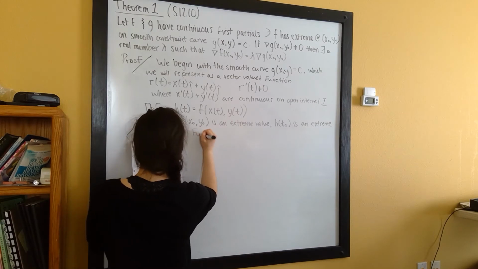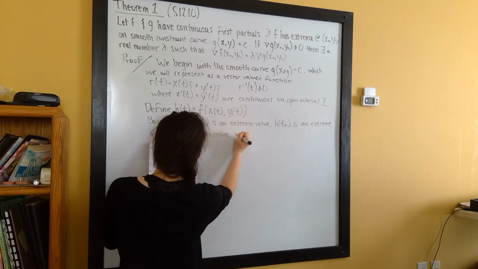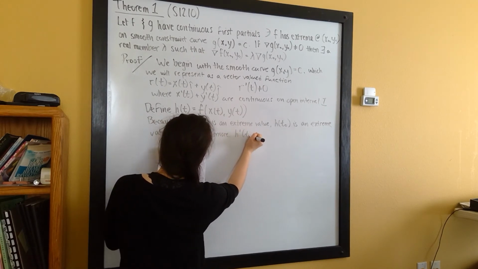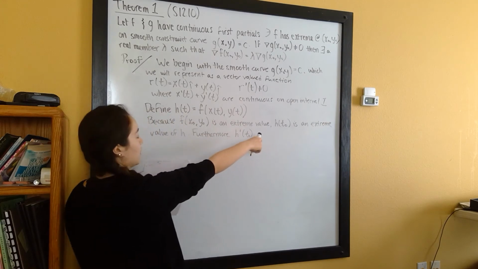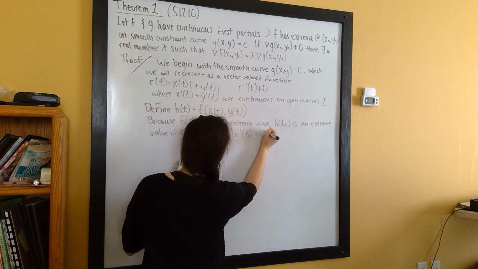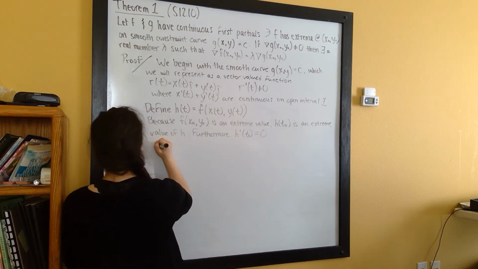Furthermore, h prime of t naught, since h of t naught is an extreme value, the derivative of it would be equal to 0. By chain rule,